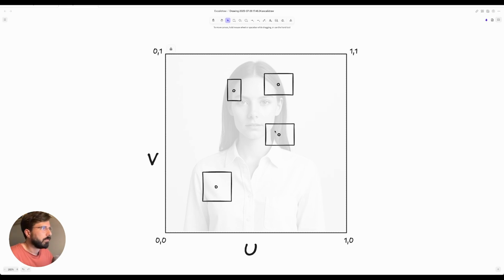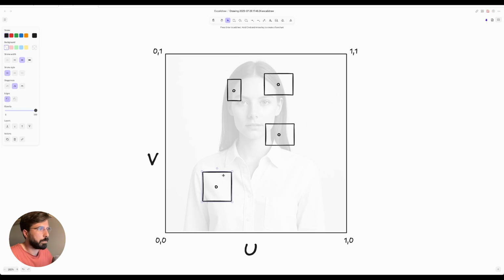Now, you can imagine our particles as being placed within this space, right? So we have an X and Y position. We also have a Z position, but that's not really important in this case. And what we want to do is tell Touchdesigner, okay, go to that position and sample this area around it and use that as texture for this